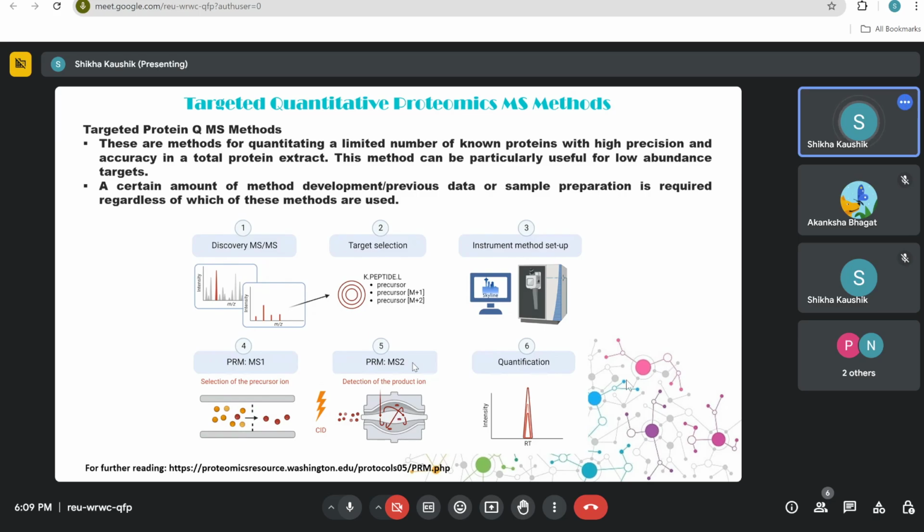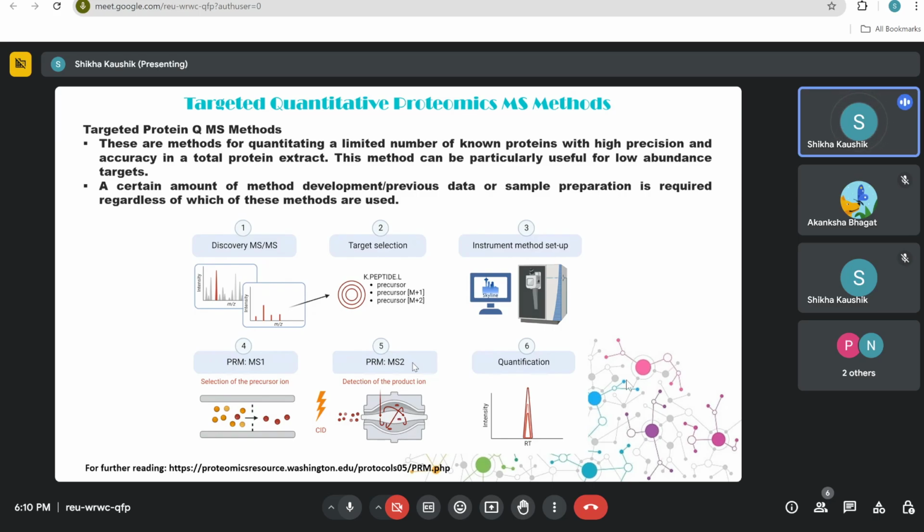Whatever changes are happening at the low abundant targets may not be captured by your technique. So to get knowledge of low abundant targets, you sometimes do targeted proteomics,